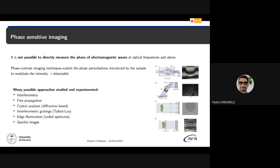So how can we use this for imaging? Because the point is that for wavelengths equal to or smaller than optical photons, we cannot possibly measure directly the phase of the electromagnetic wave. So the only way that we have, as in many other physics fields in which we deal with phase phenomena, is to use an interferometric approach, or something that translates this phase shift into an intensity change, because the only thing that we can detect basically is the intensity of photons,